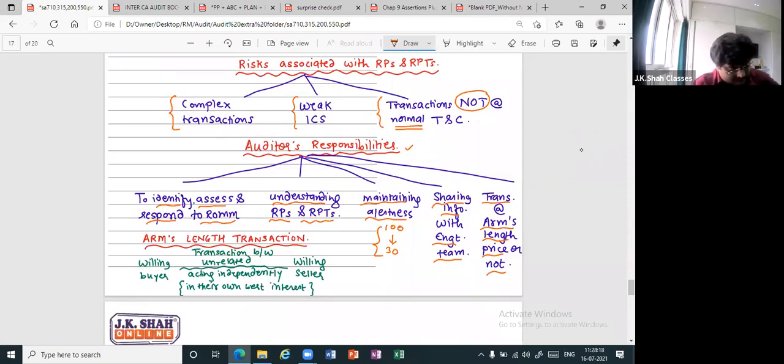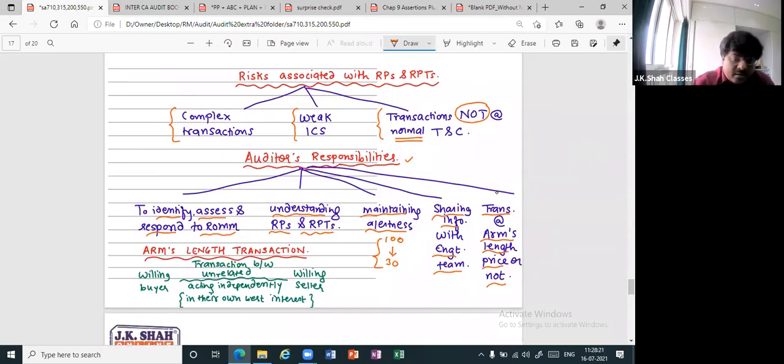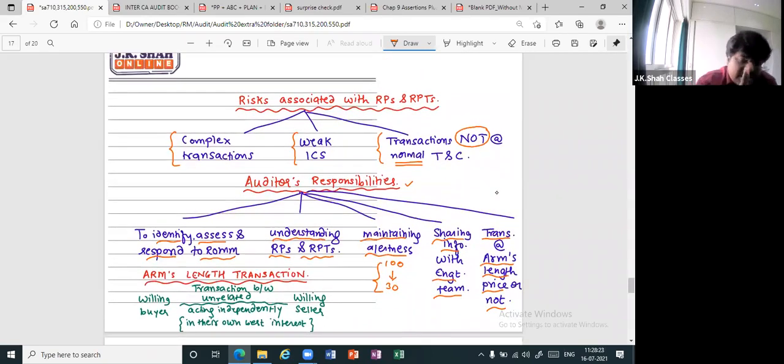Achha, if it is at arm's length, is it okay? Yes. If it is not at arm's length, is it okay? No. By the way, even if the related party transactions are at arm's length, still you have to make a disclosure. Even if they are not at arm's length, still you have to make a disclosure. It is not that if they are at arm's length, disclosure will not be made. Disclosure still has to be made, whether at arm's length or not. All cool? Achha, doubt. What is arm's length then?